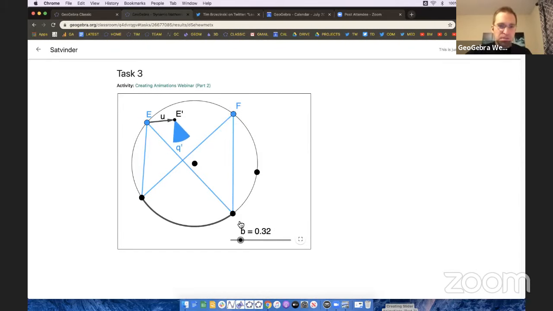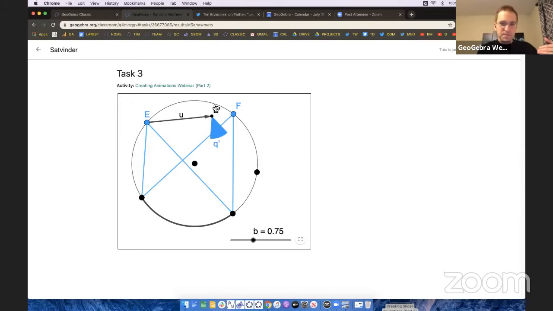But again, I want you to pay attention to something even bigger, right? Pay attention to labels. Okay, we have point E, we have point F, and we have sector Q, the circular sector here. But when I translate, what happens to Q? The name of Q changes to Q prime, which, as GeoGebra interprets that, is a whole different sector. Well, that makes sense because Q prime is the image of Q, which was here, right in the left where E was. Q is still here, but Q prime is now the image of Q under that translation by vector U,